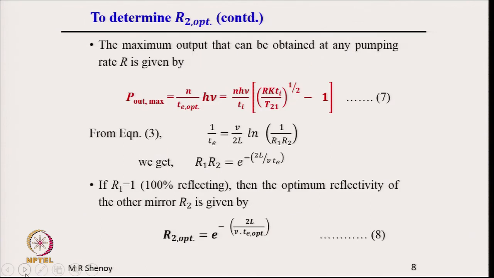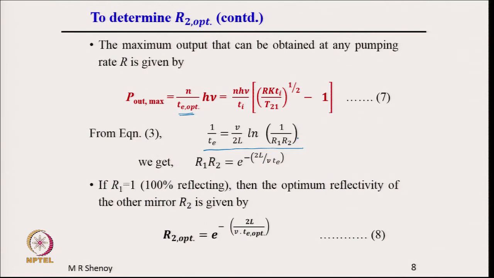So, let us see further. The maximum output can be obtained at a given pumping rate if we use P out max is equal to N divided by Te opt into h nu. Output power is N h nu by Te. The maximum power will correspond to the optimum value of Te opt, and therefore, that is equal to 1 over h nu into, we have substituted for 1 by Te, and that is why we have this expression for maximum output power. The picture will become clear as I plot this P out as a function of 1 by Te. From equation 3, we know the relation between 1 by Te and the reflectivity is given by this,